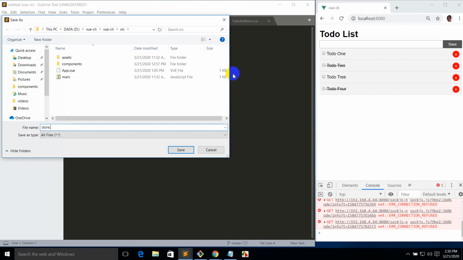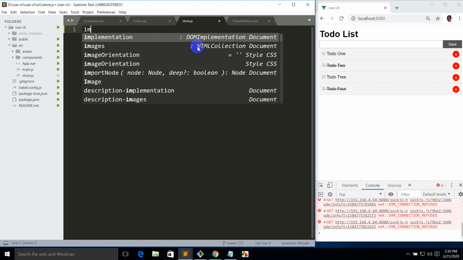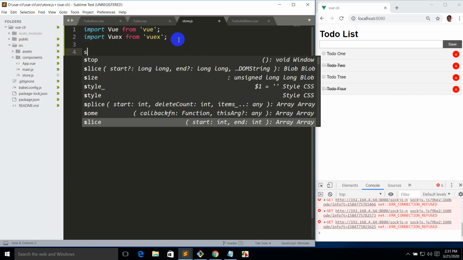the store, and we use store.js. Right now we import Vuex to use in our Vue application. So I import Vue from 'vue', and on the second line we add Vuex from 'vuex'. This is the file that we import from. It means that we import from the node modules where we installed it already. If you have not installed it yet, an error occurs with Vuex. So you must install it before, and then we use